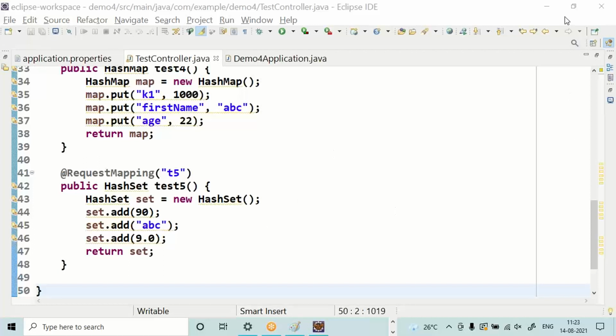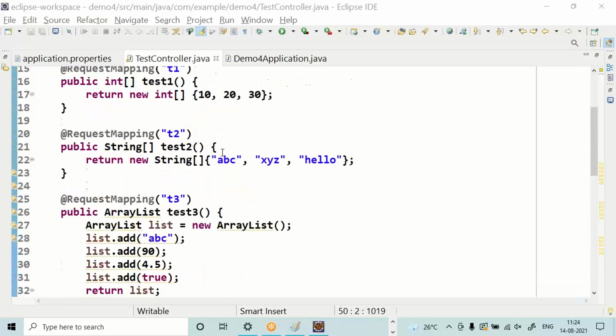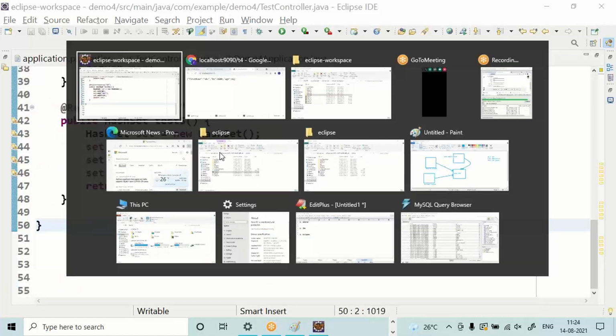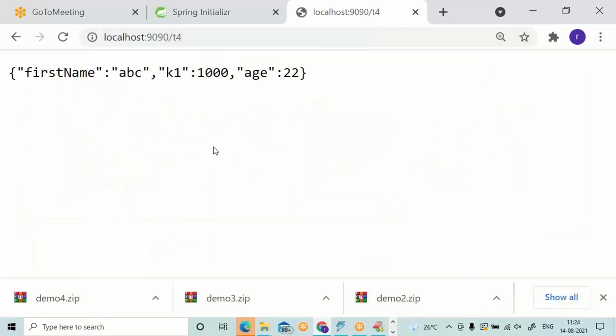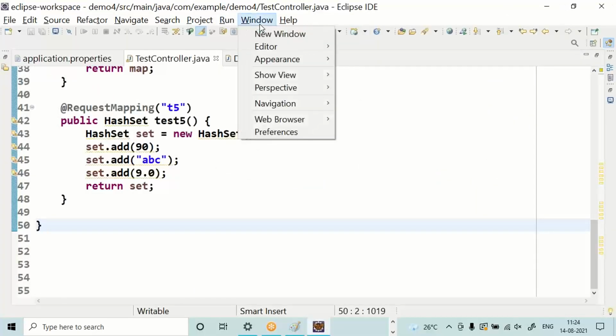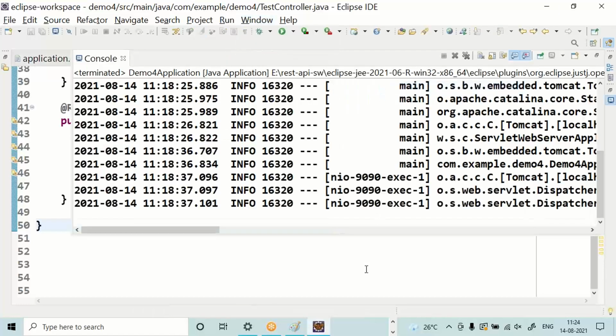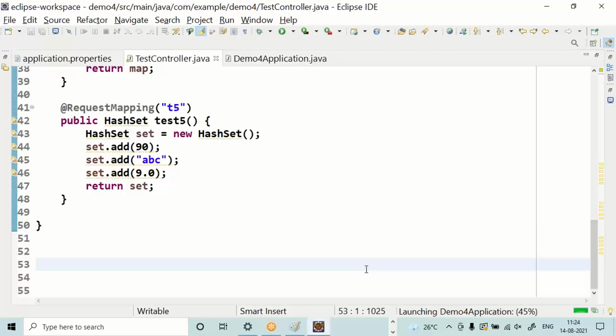Request mapping, T5. Guys, you need to import the hash set. That import can be done through Control space bar. Restart, everybody. Stop the application and start it.